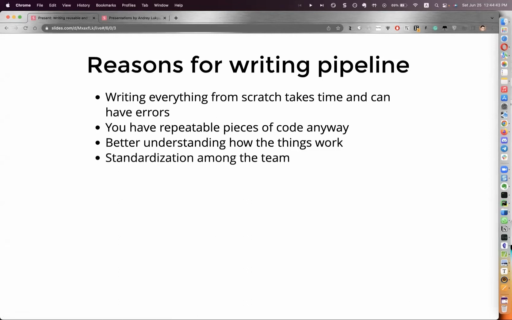And if you have a team, if you work on specific projects together and use the same pipeline, it's much easier to share the code, yeah? Because if different people use different frameworks, it's much more difficult to compare the solutions, to compare the metrics, and having the same pipeline is much better. So how does one start writing a training pipeline?